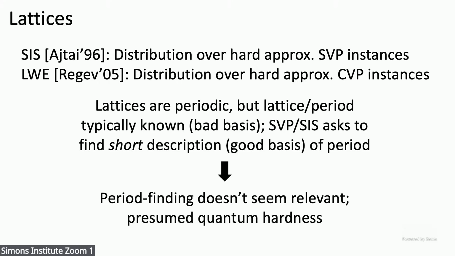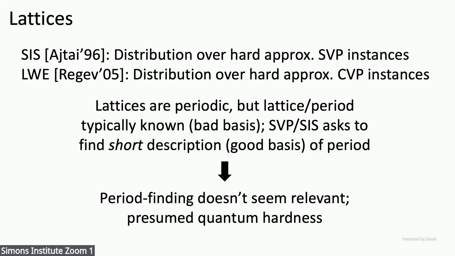Okay, so what's relevant for us is why should these be post-quantum? And the first thing to notice is that lattices are periodic. By definition, they're a periodic structure. That should maybe set off alarm bells: why am I thinking of these as post-quantum when there's all this periodicity to lattices? But I guess the point is that the lattice is periodic,